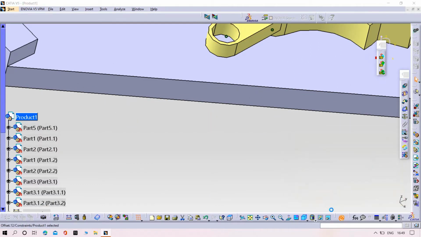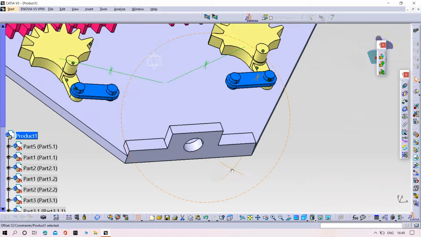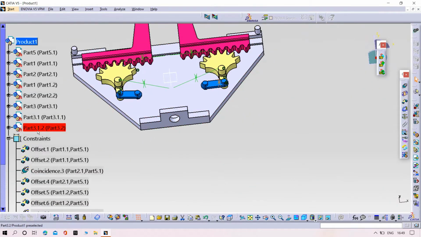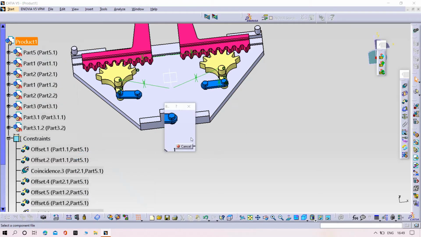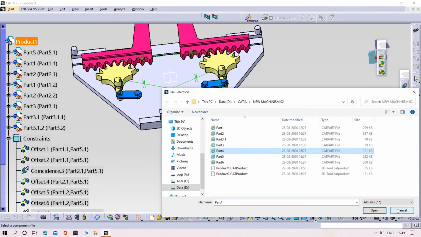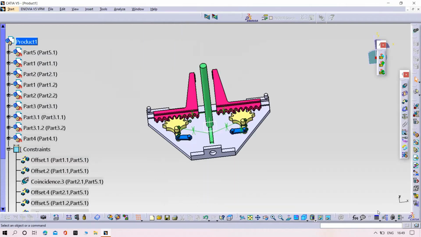Zero, apply. Then now we need to insert part number 4, existing components, part number 4, open,